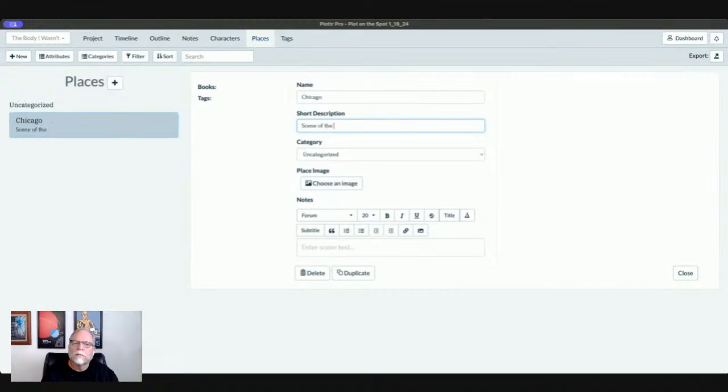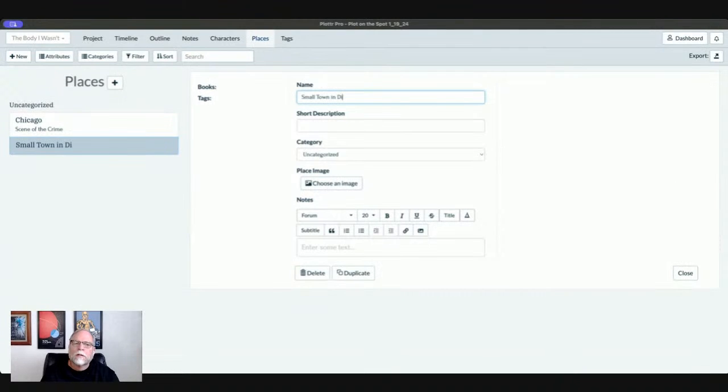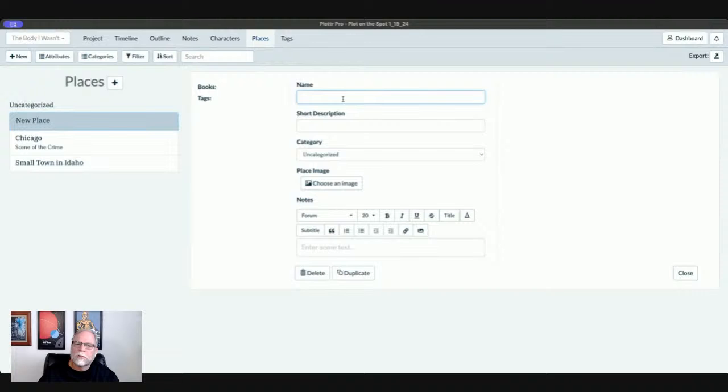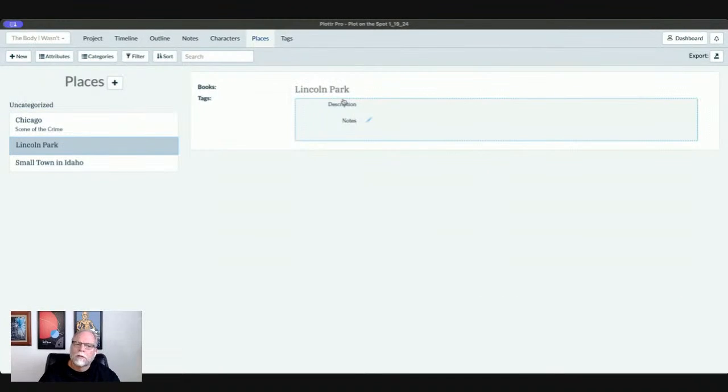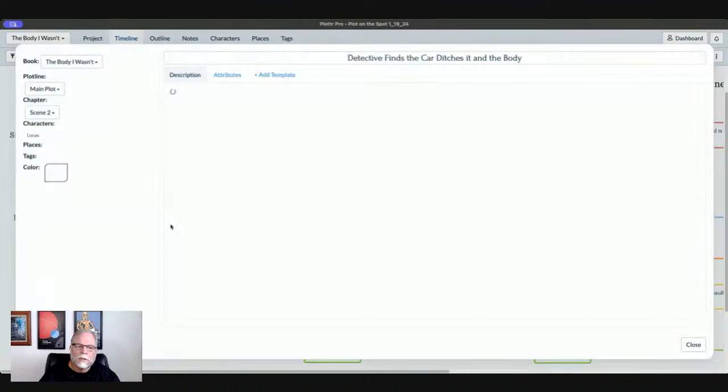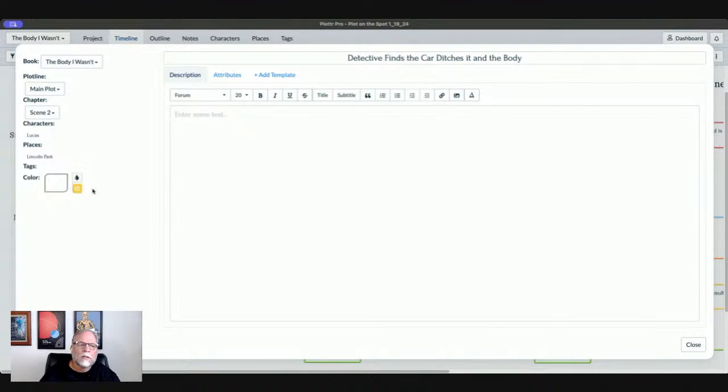Oops. Scene of crime. Okay. So there are some places in Chicago that could also be a possibility. So let's say he finds the body in Lincoln Park. Okay. So that gives us some ideas here. He finds the body in, let's say, Lincoln Park in Chicago. Okay, finds the car and ditches it and the body,